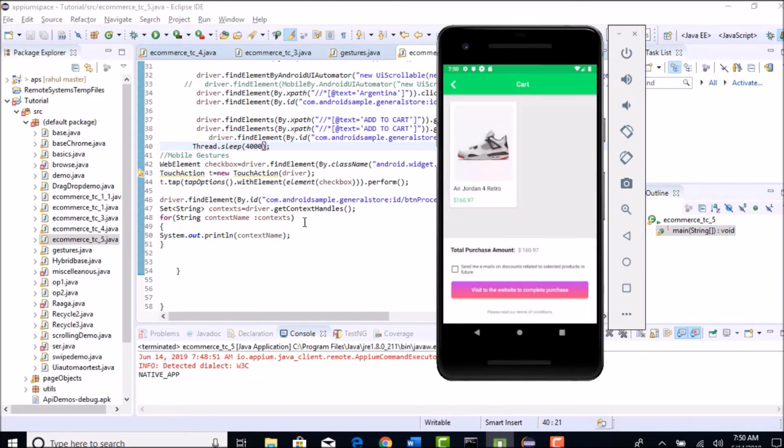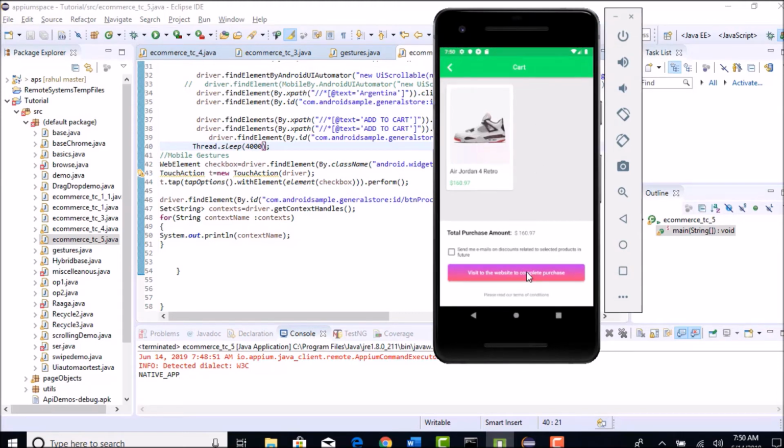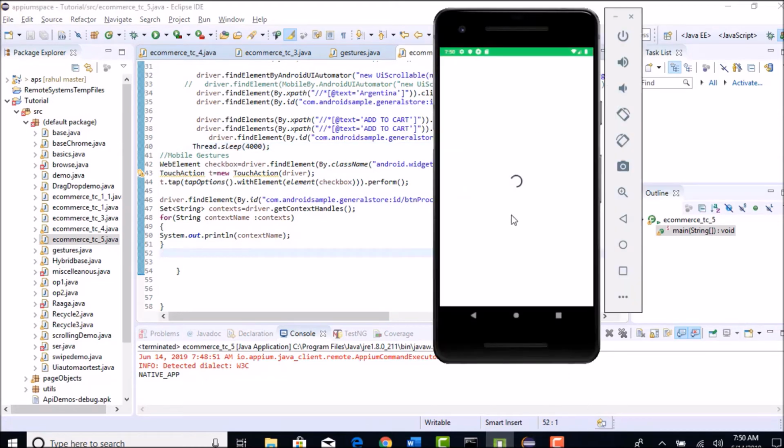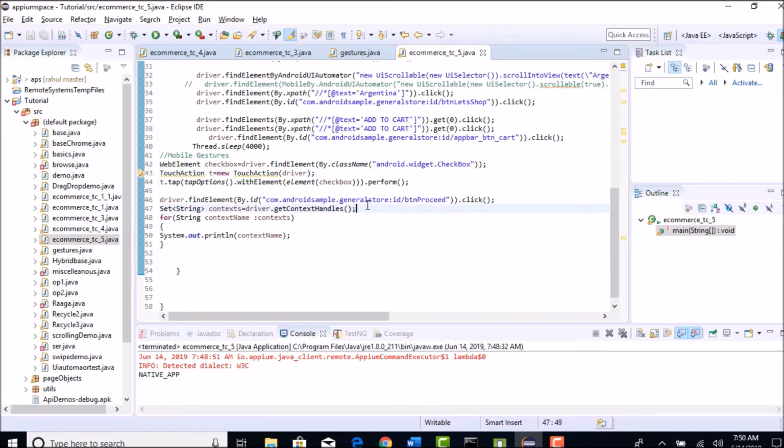So right now when you pull up the context, it will say native app only because there is no web view here. But after you select this button and the Google page opens up, you are officially in the web view, and then that also will show up here. Now after clicking on this button, you are checking immediately, but here it's still not open, so it's treating that there are no more web views.